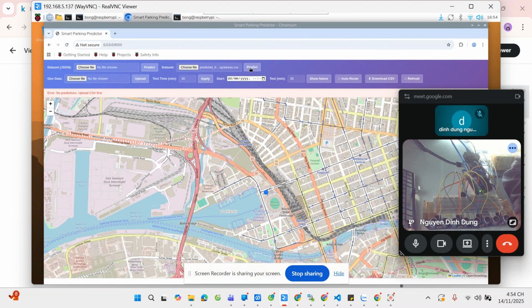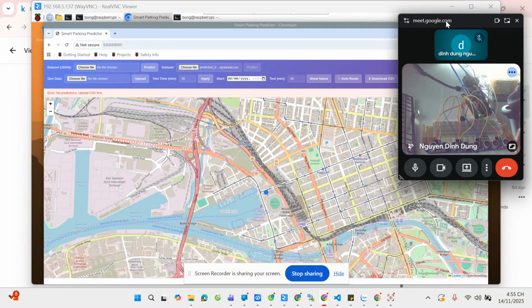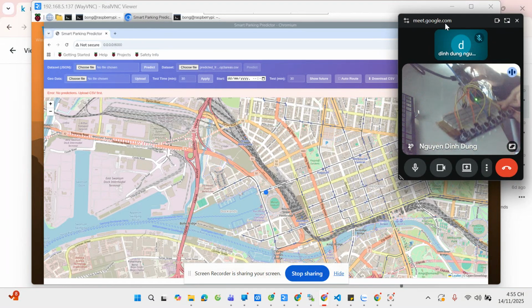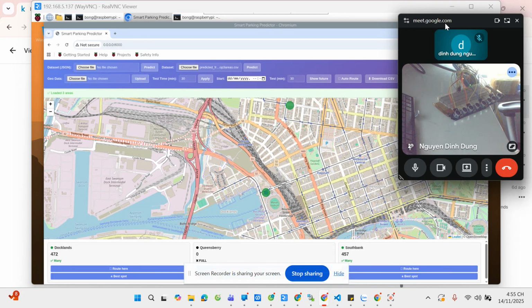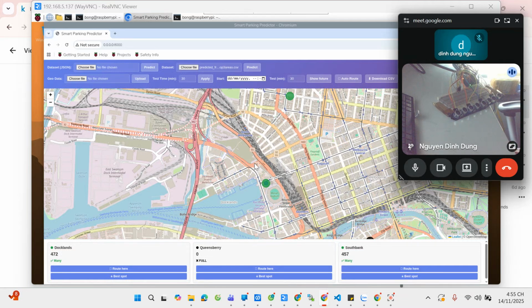It will take about 20 to 30 seconds. So we will wait for the model to predict and return the data. We'll move the sensors over here to avoid them being covered by me. So as you can see here, all the data the model predicts will be here. And you can see on the dashboard here,